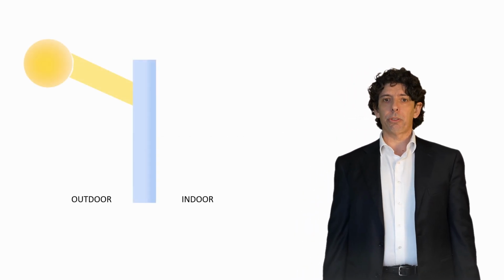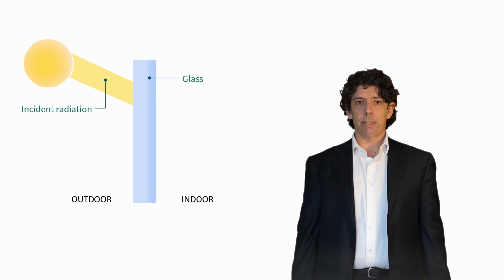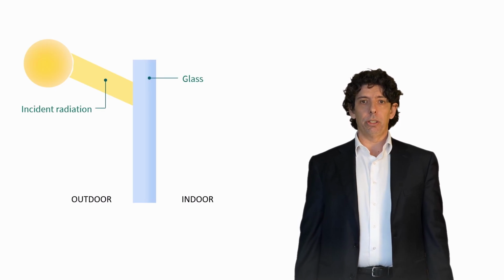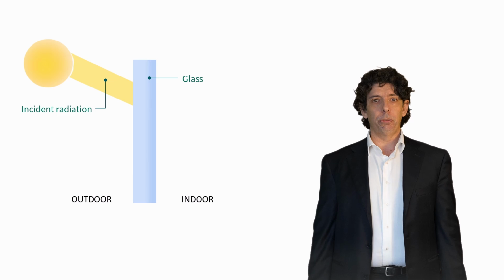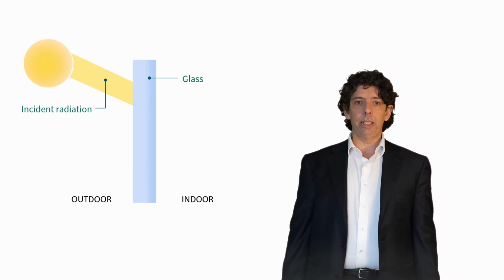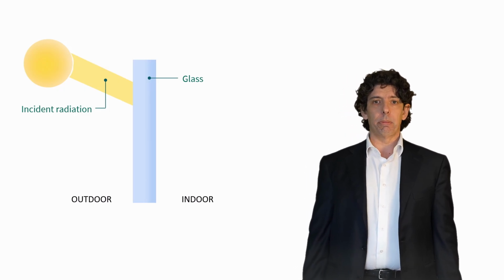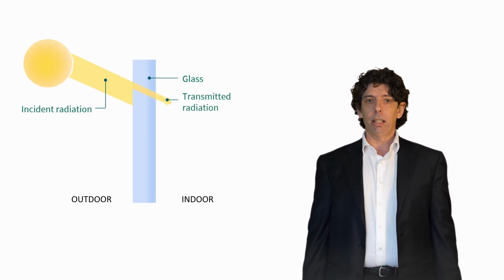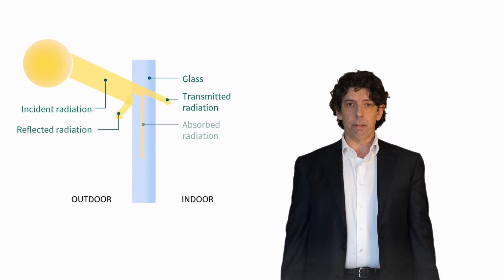Firstly, it is important to describe what happens to the solar energy during the interaction with the glass panes. Glass is commonly considered fully transparent, but it interacts differently depending on the incident radiation wavelength. From a macroscopic point of view, once the solar radiation hits the outer face of the glass, part of the energy can be directly transmitted in the indoor environment, part can be reflected, and part can be absorbed by the glass pane.